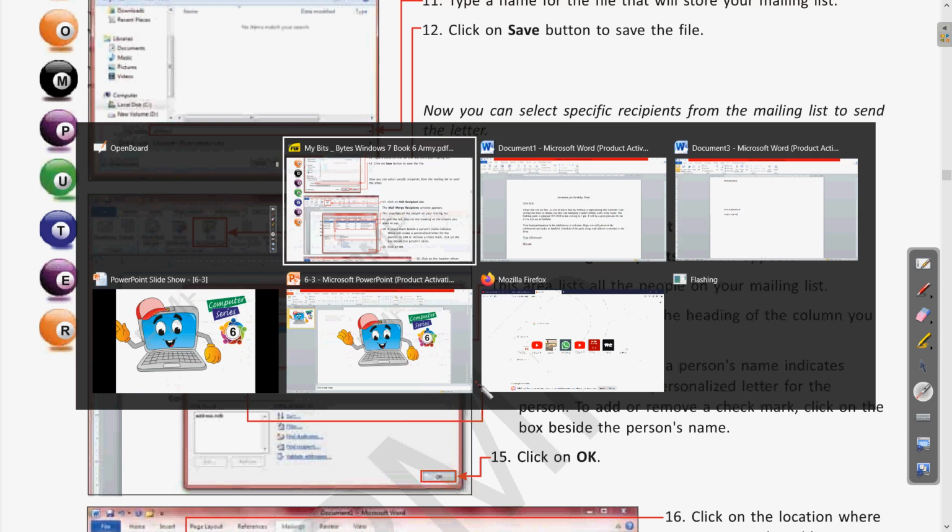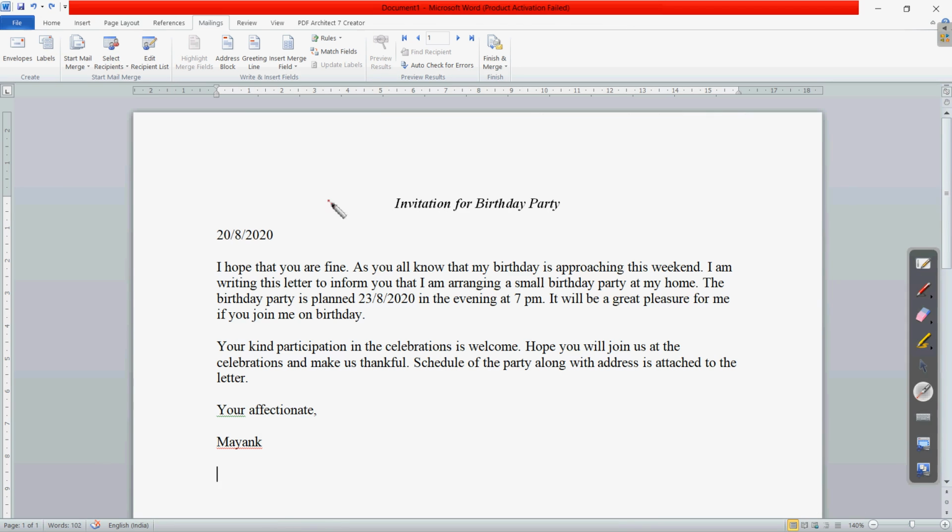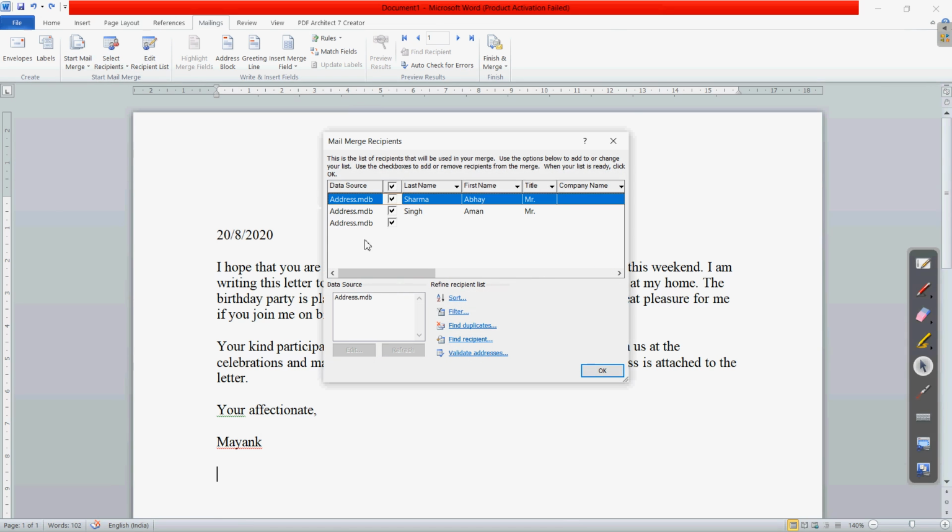Let me show you. Here we have to click on this edit recipient list. So here it is. Click on this edit recipient list. As we have added only 2 names, it is showing us the 2 names. If you want to arrange any of these, we can click on this first name or the last name, and it will arrange accordingly. Clear? So this way we can sort and select. Okay,